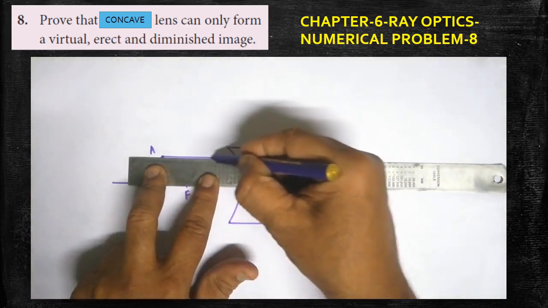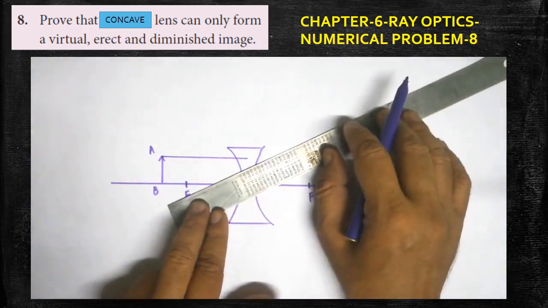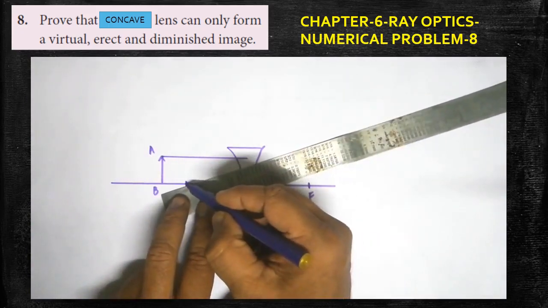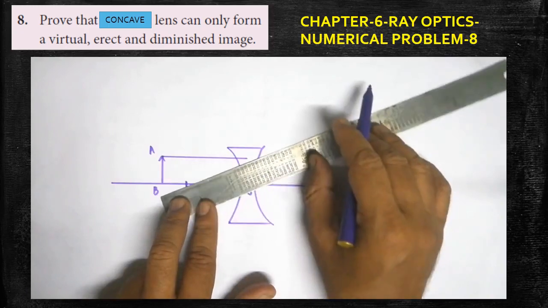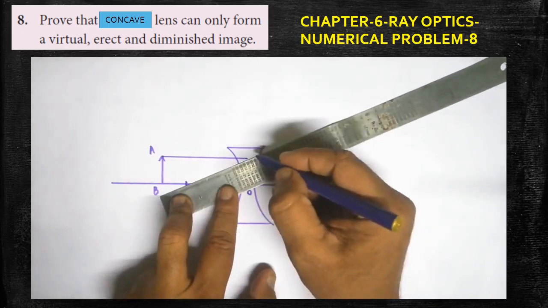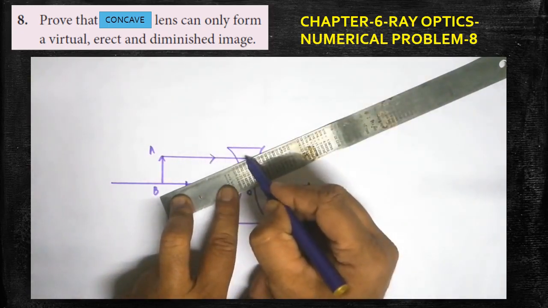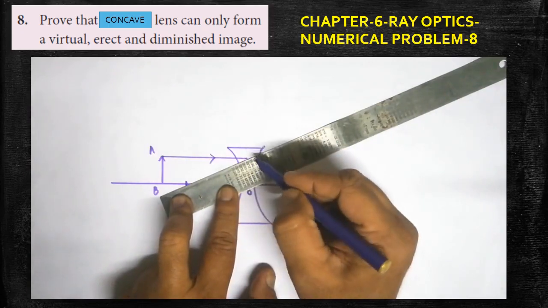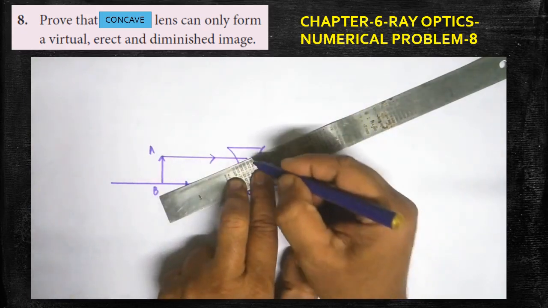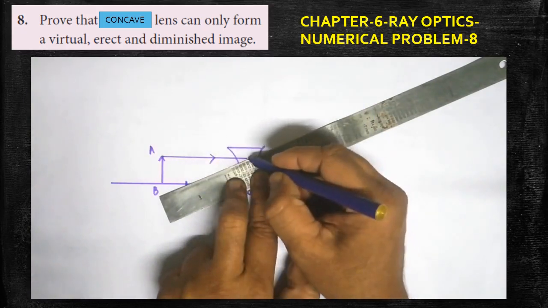One ray is to be drawn from the head of the object. Now we have to place a scale like this. The scale has to coincide with this principal focus and the end of the ray. Are you clear? Now we are going to draw the deviated ray. As soon as the ray is incident on the surface of the lens, what will happen? Due to refraction, the ray gets refracted and finally it gets deviated, diverged. But it appears to come from this principal focus as per the rule.